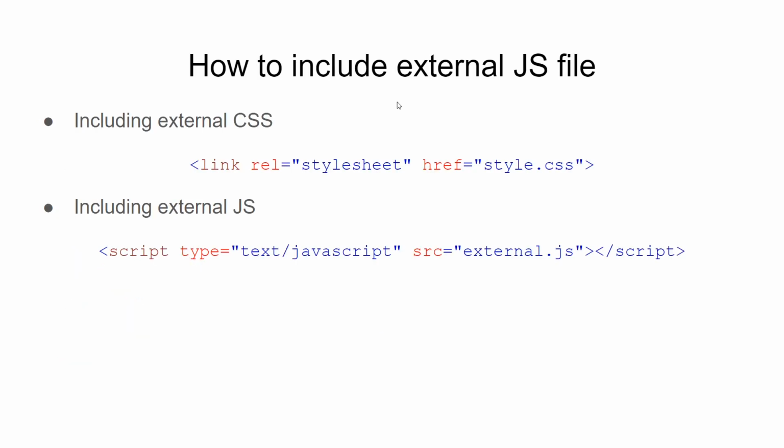The second method is to include it using an external JavaScript file, and here, just like how we include an external CSS file where we said link rel style sheet href address to the external style sheet, similarly here you use a script tag, and in that you specify the type to be text/JavaScript, and in the src attribute you specify the address to that JavaScript file, and then you close the script tag. So this syntax is important. You have to make sure that you are not making any mistakes here, otherwise this JavaScript will not be included.